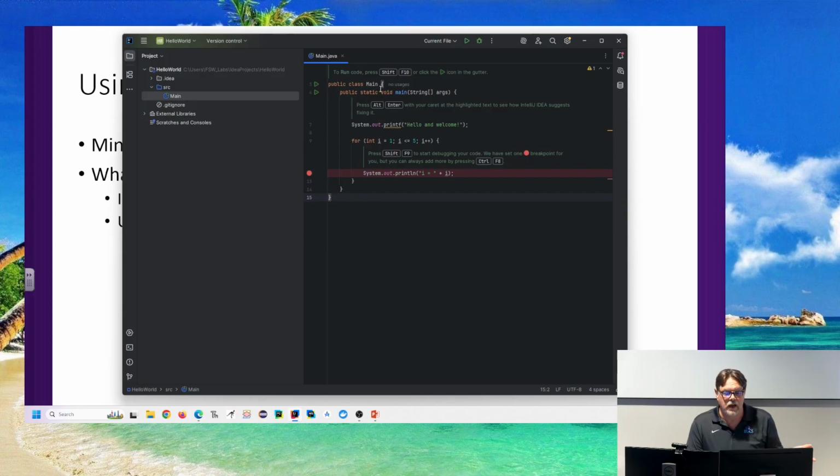It's got some syntax coloring going on, some other little arrows and stuff over here. Breakpoint has been set already. So this is what IntelliJ gives you, I guess, to start with. Great. I didn't have to reinvent the wheel.